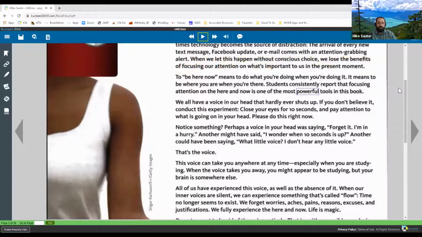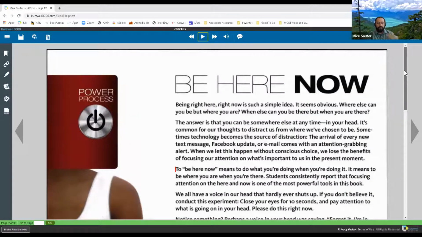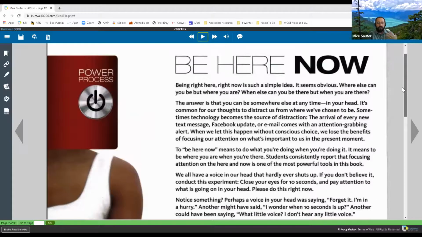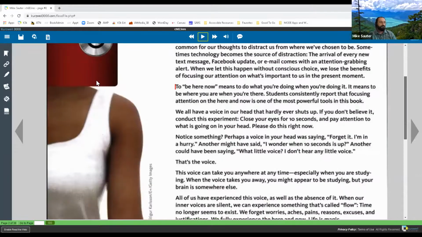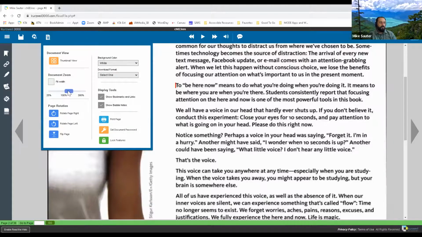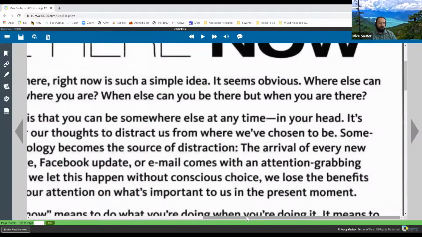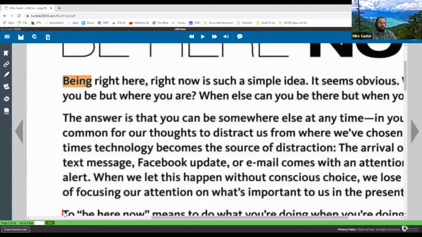I'm going to go ahead and pause it right there. What I love about the reading feature is that it will automatically scroll through the document. So even though we have it on a pretty high zoom here, notice that it did scroll down. It also will scroll across too. So if you have this set at a really high zoom, where not all of the text can be visible on the screen at the same time, Kurzweil will still,